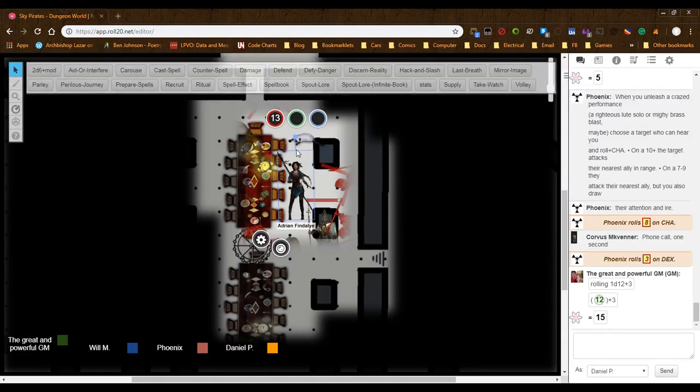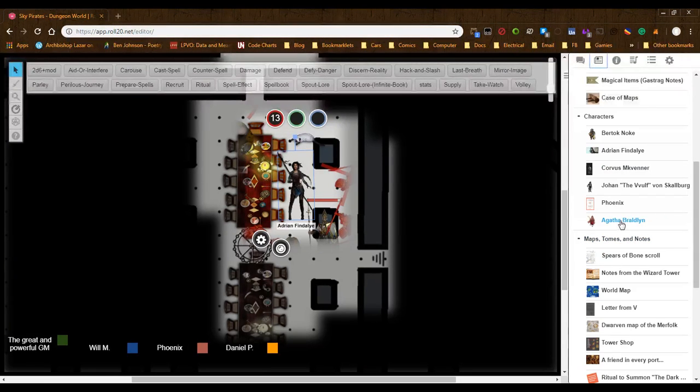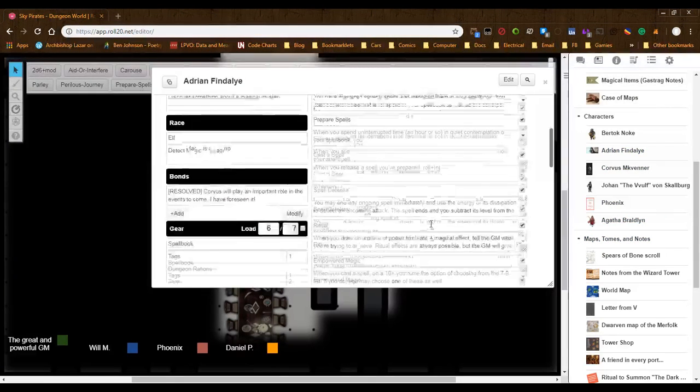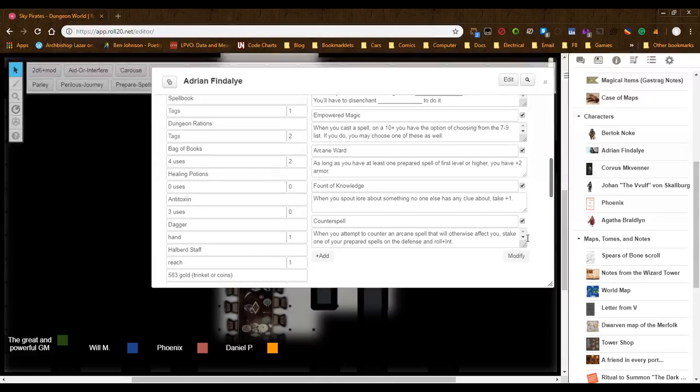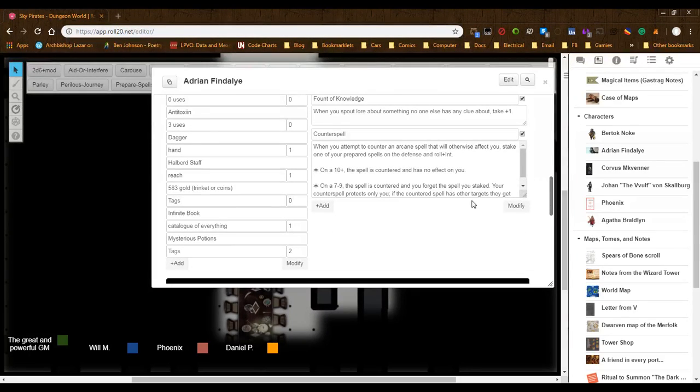Okay, what did he cast? Did he cast a fireball or something that I could maybe counterspell that with? Counterspell only applies to yourself. Nah. You need protective counter, which is the next stage up. I see. Thank you, Phoenix. Yeah. Oh, though what you could...